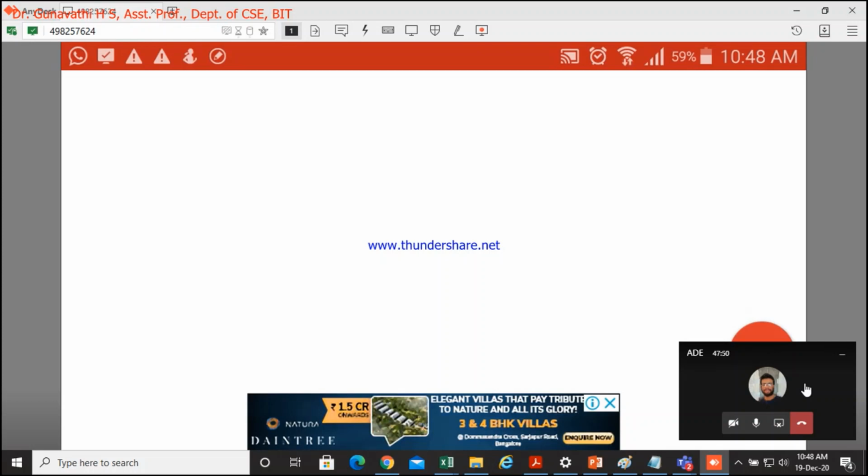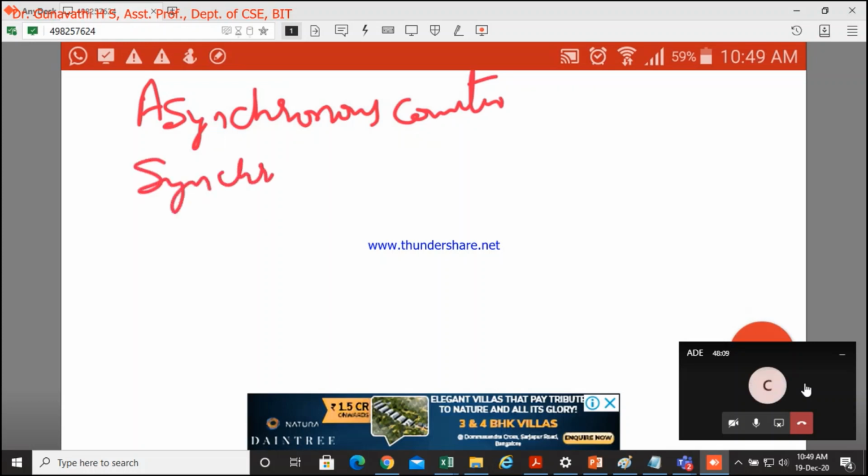Okay, those are the applications of the shift registers. So the different types of counters are synchronous counter and asynchronous counter. So we already discussed these things.